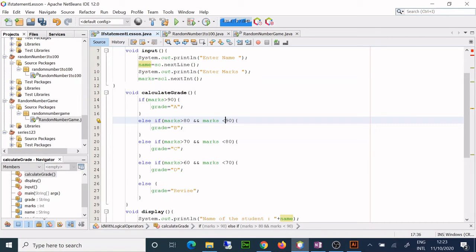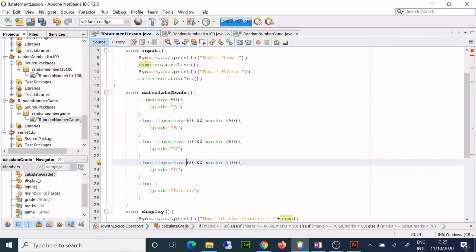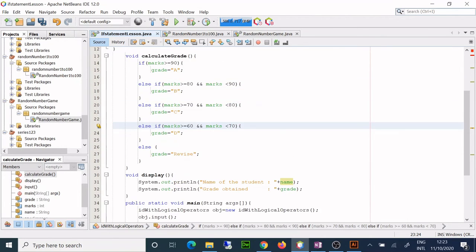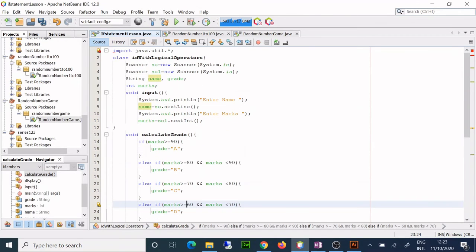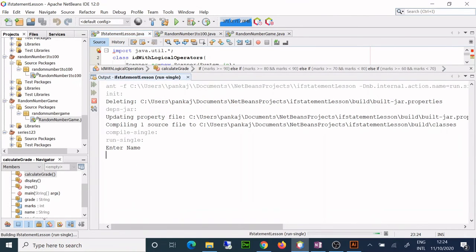So let's see, greater than or equal to, I'll do it here. Less than or equal to 80, I'll do it, otherwise 80 will be excluded. Greater than or equal to 70, greater than or equal to 60. Now these numbers will be included. So you understand what I did? I wrote that thing wrong here. So you have to be a little careful. You declare them once, you don't need to declare them again and again.